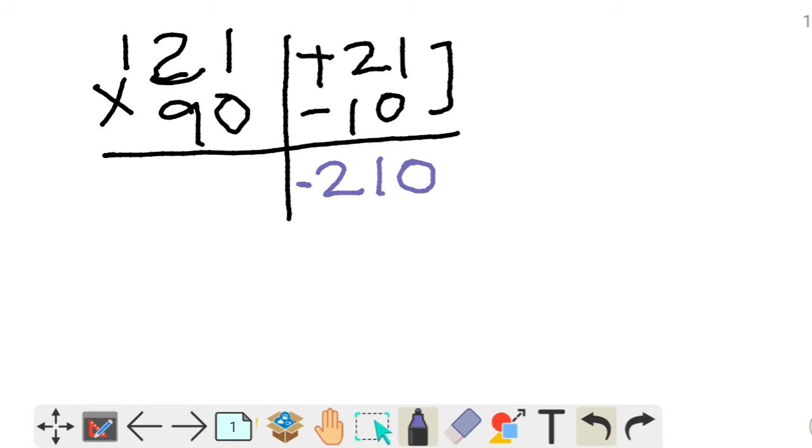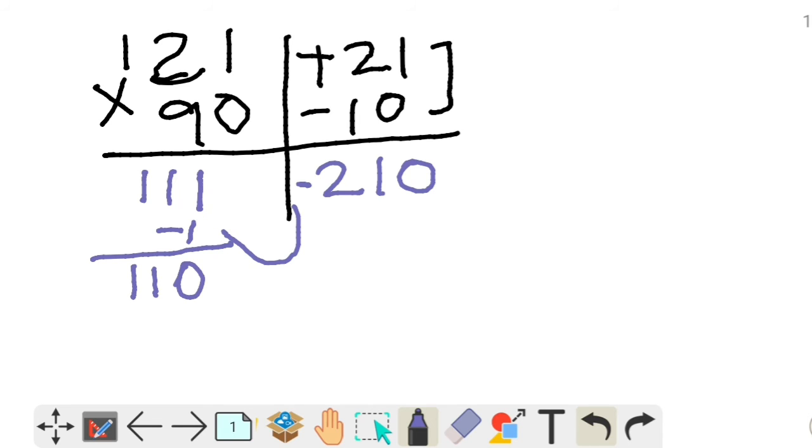Okay, now do the cross subtraction or cross addition. We'll get 111. Okay, now to remove the minus sign, we'll do minus 1. Okay, try to understand this one clearly. Now you will get 110, but here you are getting 3 digits, right? Here you are getting 3 digits.